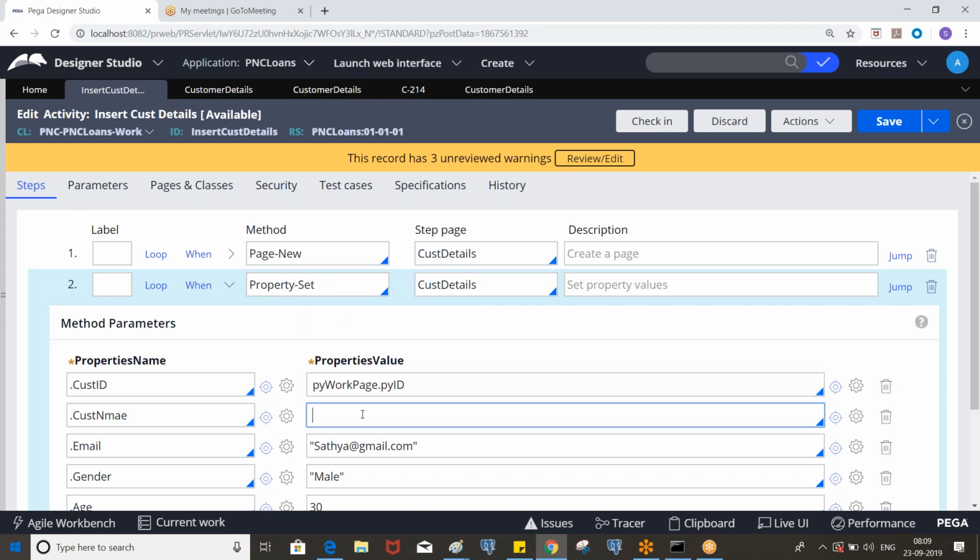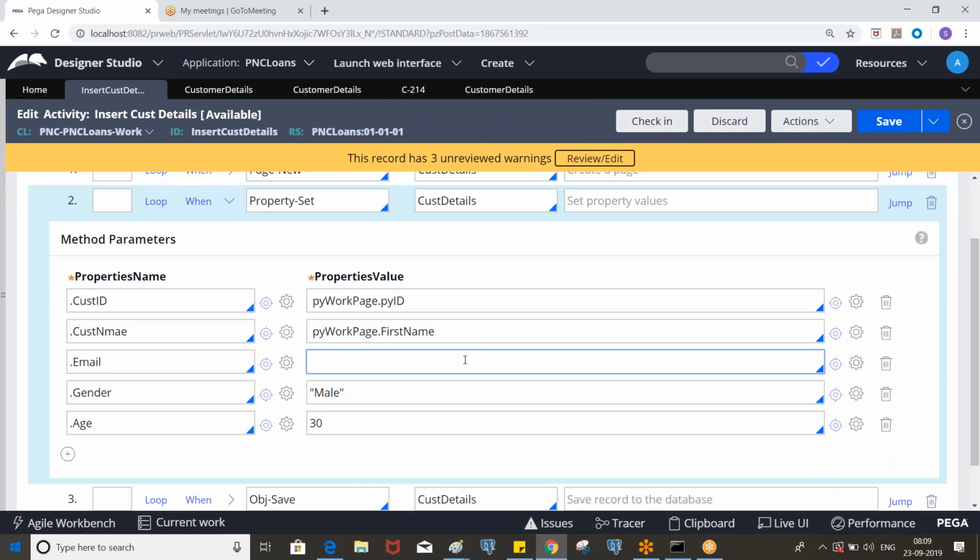Similarly, PY workpage dot first name will be assigned to the customer name. And here you can put PY workpage dot email, because if you create an email property and you enter the data, that will be assigned to this property. Since we don't have that property, this value I'm hard coding.